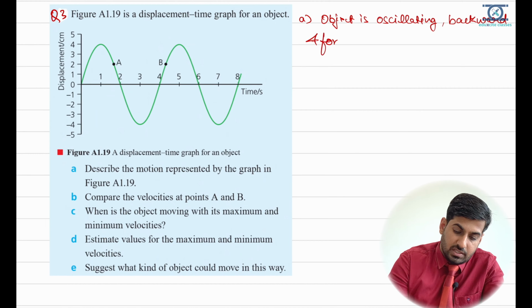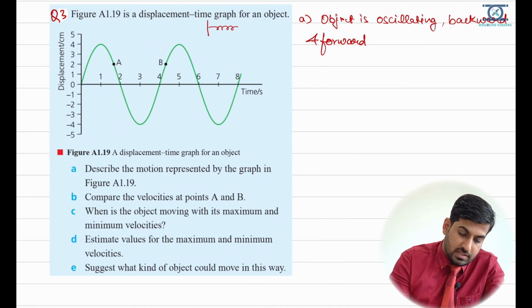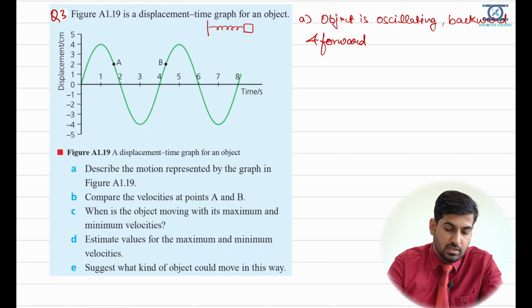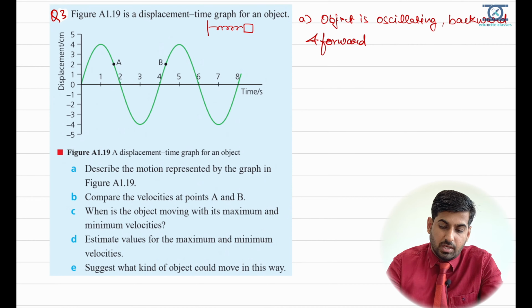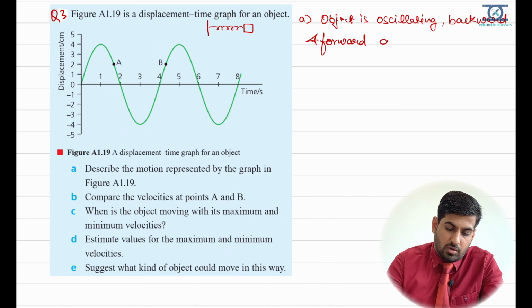I am assuming it as a spring mass system, like a spring is attached to a mass, you extend it and then it will move, assuming no loss of energy. Okay, so the object is oscillating backward and forward about a reference point,